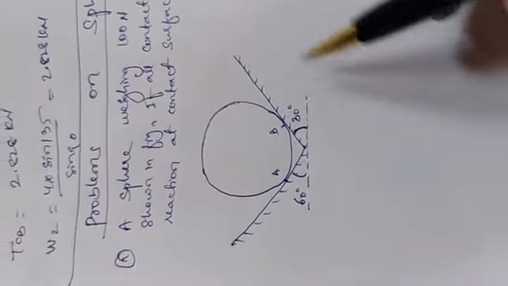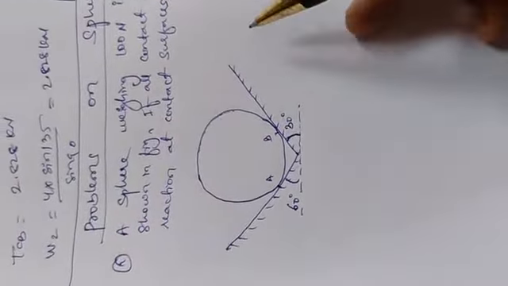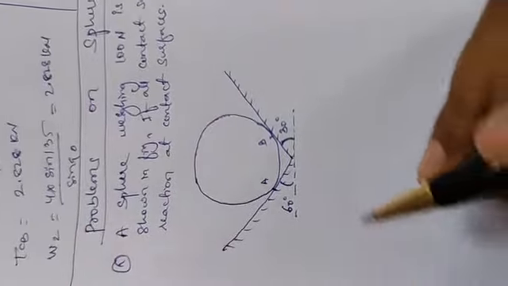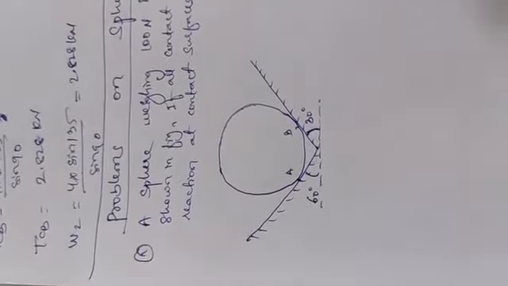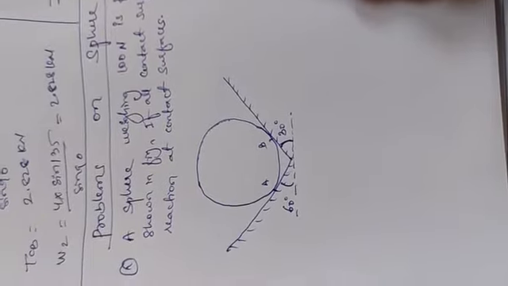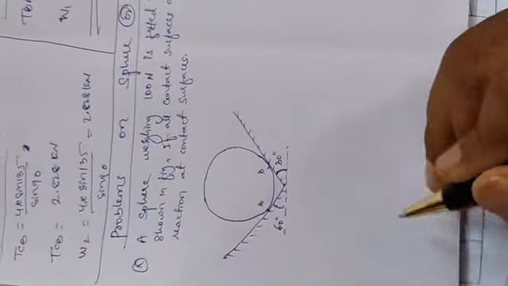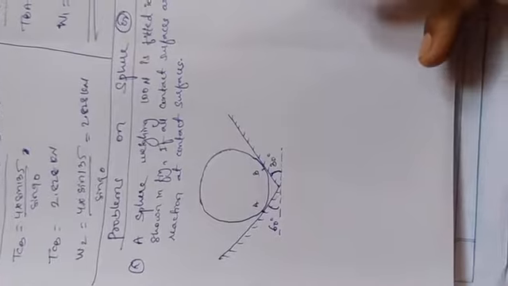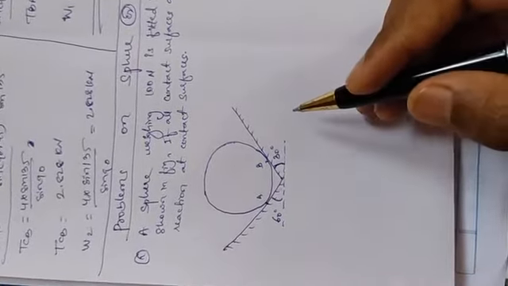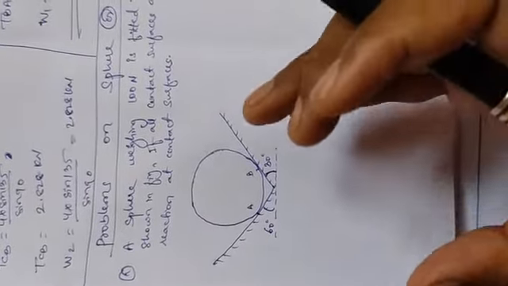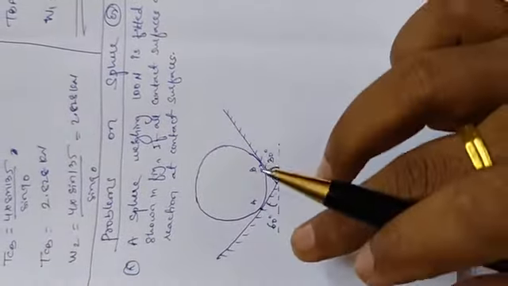Now in this figure we have two planes which are making angles of 60 and 30 degrees. In between, a sphere is placed. The weight is 100 Newton, as given in the question itself. Before drawing the free body diagram you need to understand one thing. The question asks us to calculate the reactions at the contact surfaces. By looking at the figure, can you tell me how many points this sphere will come in contact with the two planes?